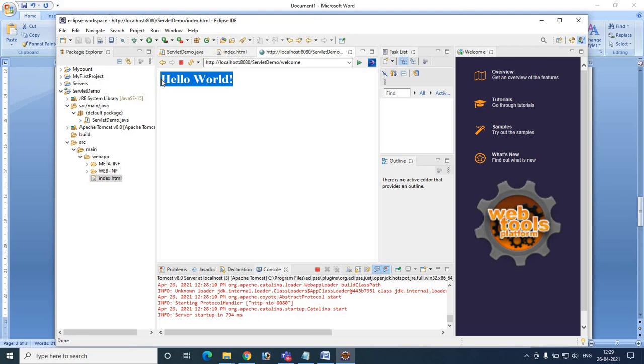So it will execute successfully. So I think you may get the idea of creating the servlet program through the Eclipse IDE. Thank you.